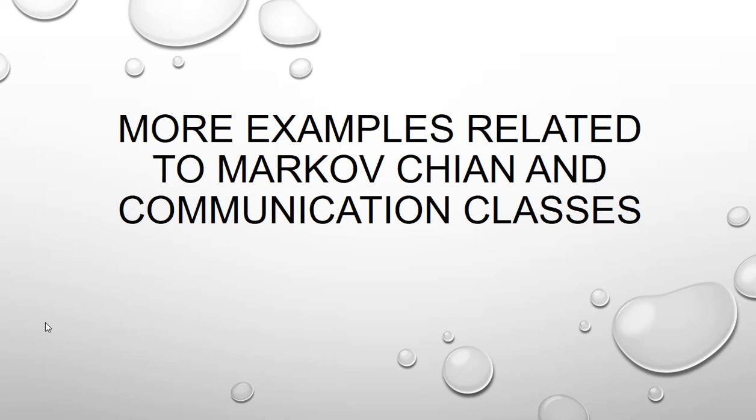In the previous videos, I explained stochastic process and Markov chain with simple definitions and simple examples. But understanding the Markov chain property is more important, so I started another video for only examples. In this video I will explain only examples related to Markov chain and communication of classes. We know all the transient, persistent, ergodic, all things. In this video I will explain.